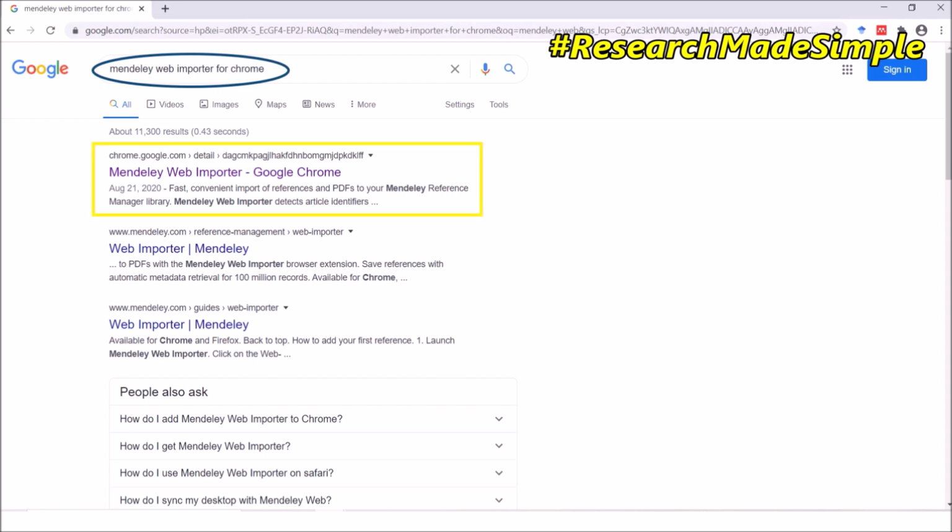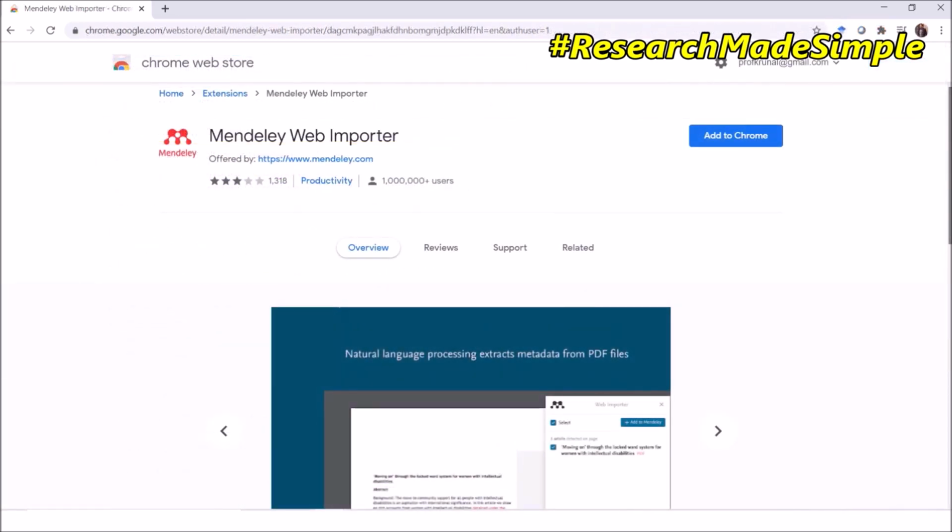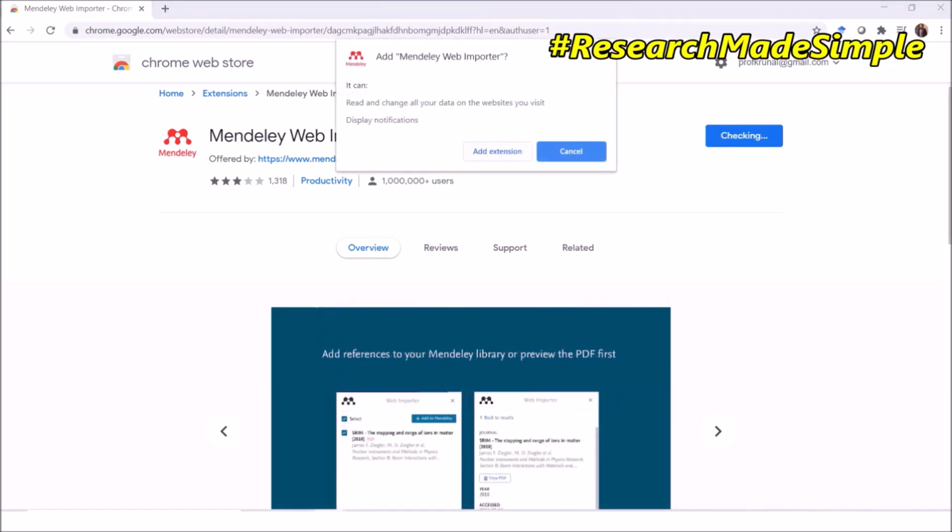For Google Chrome, this specific web page will open where you need to click on the Add to Chrome button and then click on this Add Extension button.